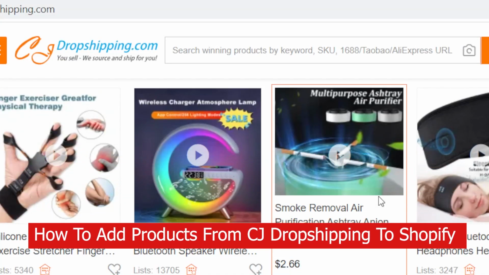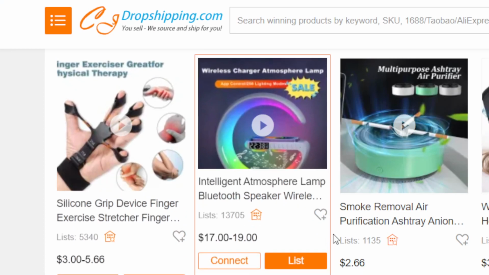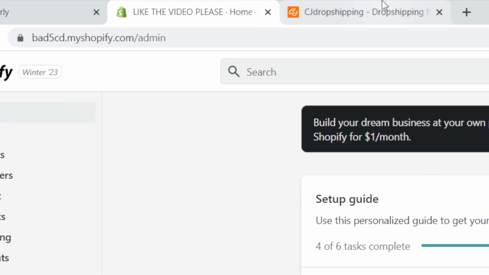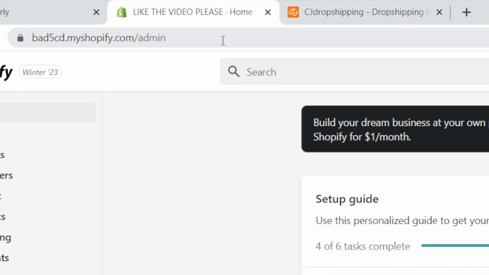This is the best way and the easiest way to add products from CJ Dropshipping to your Shopify store. Now this is very easy and quick. Now the first thing you want to do, guys, you want to open your Shopify store and you want to